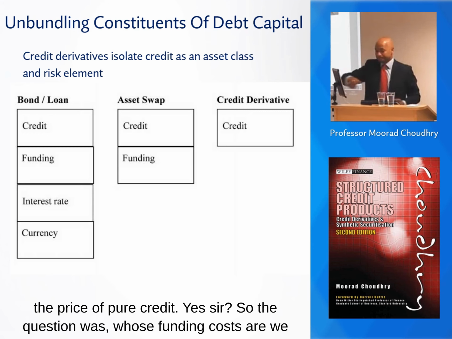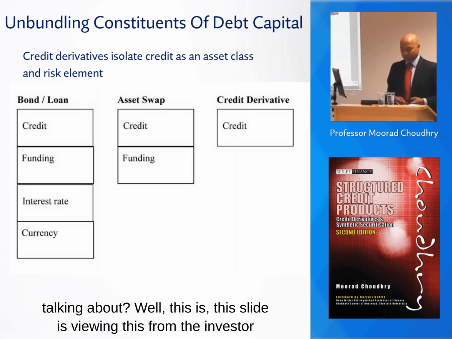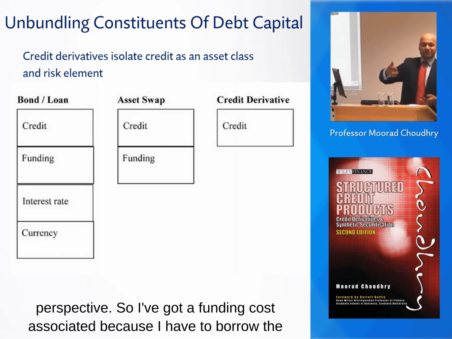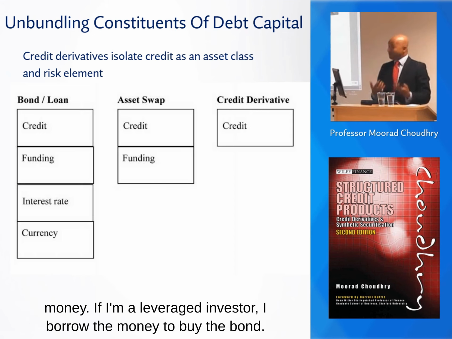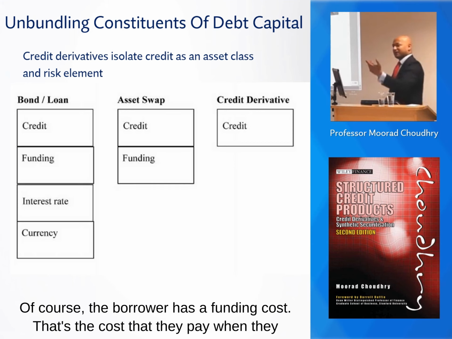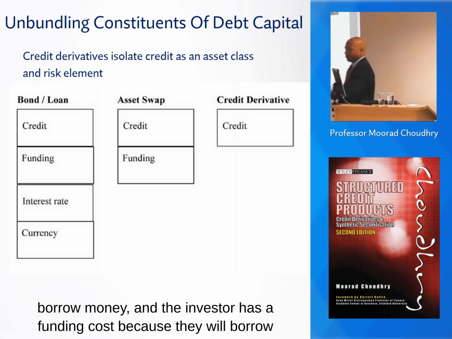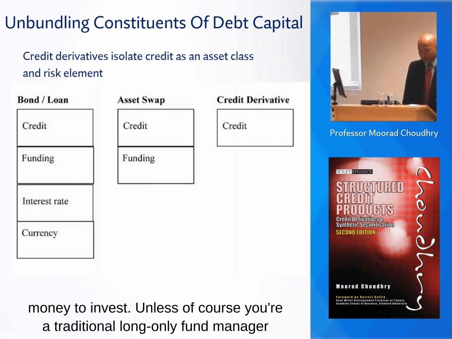Yes, sir? So the question was, whose funding costs are we talking about? Well, this slide is viewing this from the investor perspective. So I've got a funding cost associated because I have to borrow the money. If I'm a leveraged investor, I borrow the money to buy the bond. Of course, the borrower has a funding cost. That's the cost that they pay when they borrow money. And the investor has a funding cost because they will borrow money to invest. Okay? Unless, of course, you're a